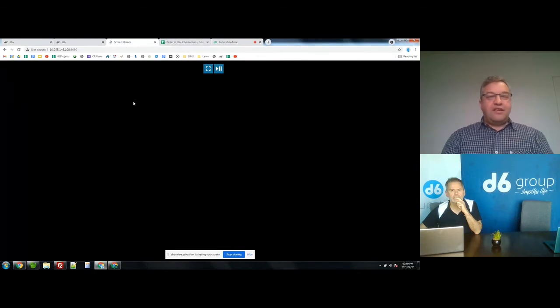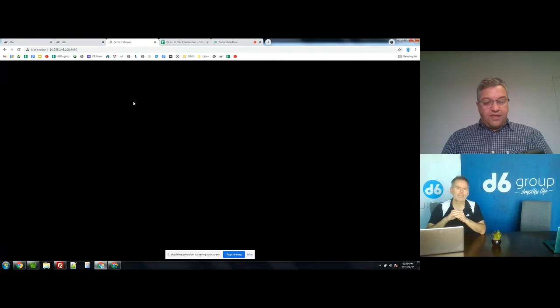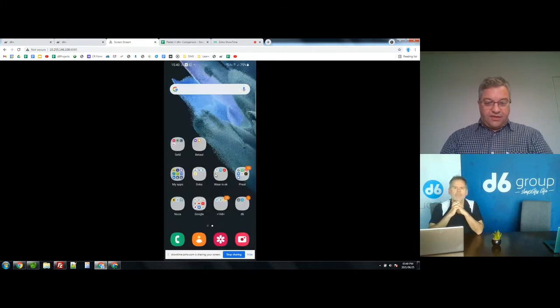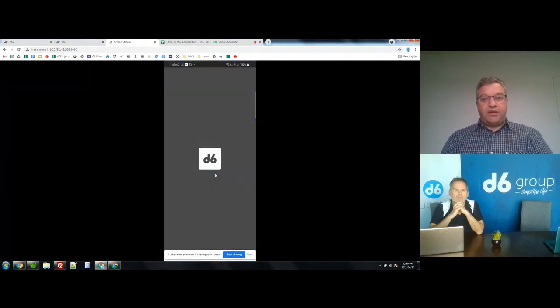Some of you might think that it's a little bit too quick, but let me quickly show you how this is working. So what actually happened in the back end, because of the integrated nature, I'm just going to quickly start the screen of mine again so you can see my phone again. Just a second, there it should be there. Right, and if I open my D6 Connect application,